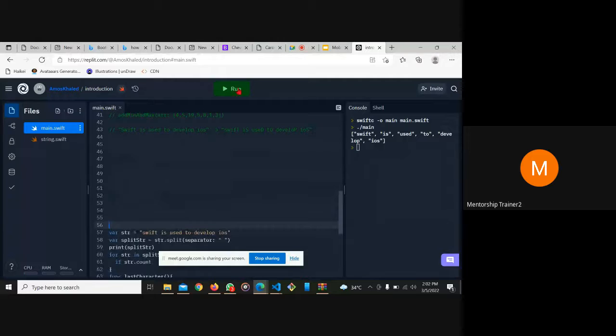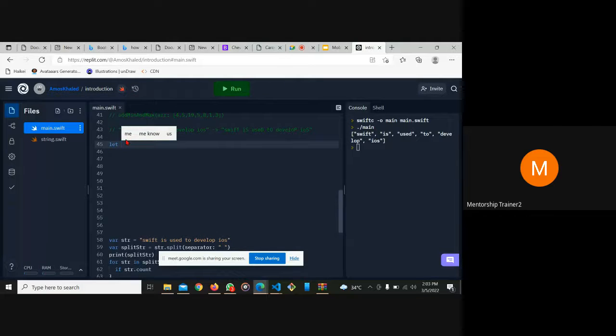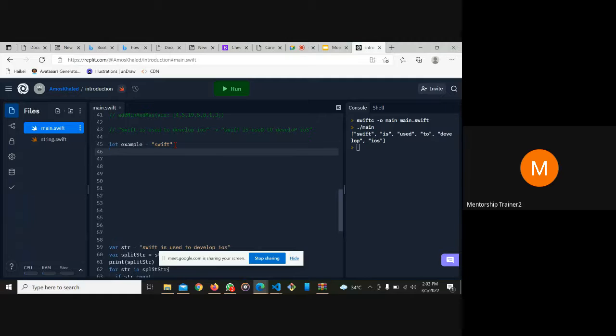So let's have a new variable called example. Let example equal to Swift. So I see a possibility of a solution to your thought process. So equal to just say Swift, right? No, it has to be a double quote. Nice. So if you say example dot, just let's print it. Print example